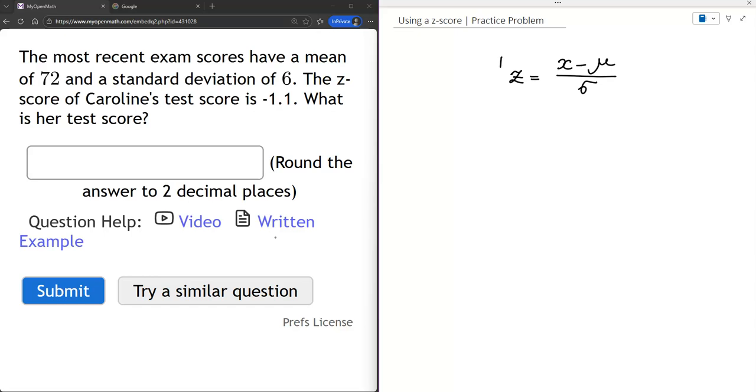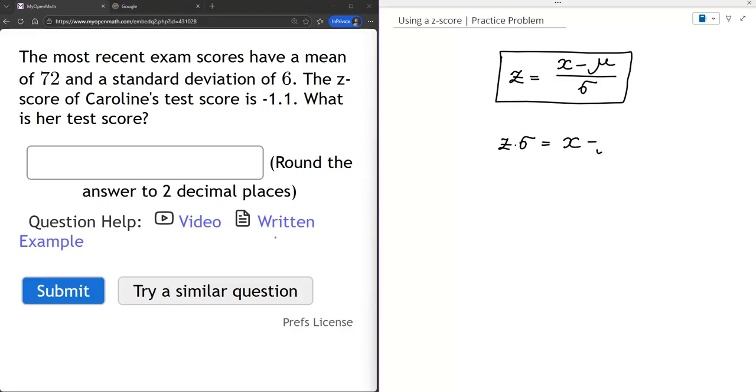being this. So given x, mu, and sigma, we can find z-score. Now, how do we turn this formula into the formula that would allow us to compute x given mu, sigma, and z? Using algebra, and in particular the properties of equation, we can multiply both sides by sigma